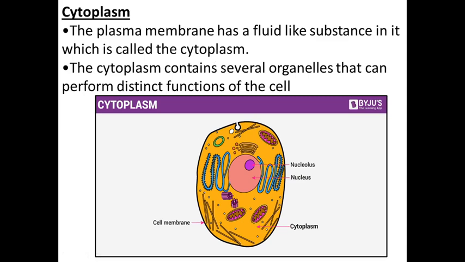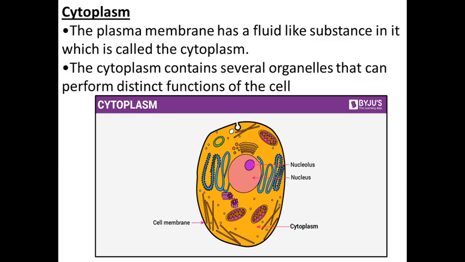So this is our session number 6, and in this session we are going to learn about cytoplasm. The three common features that we have discussed are plasma membrane, nucleus and cytoplasm. Among those, plasma membrane or cell wall we have finished, and the nucleus also we have finished. Next is cytoplasm. So what is a cytoplasm?